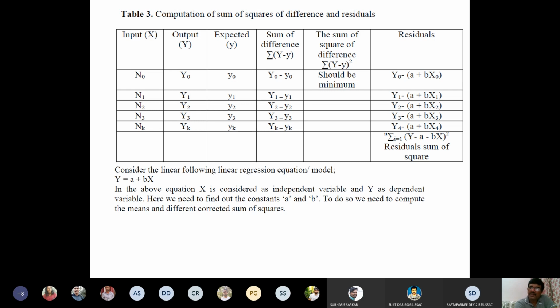And how to find out this line? That is the problem. If we can find out the value of A and B, by default, this line will be the best fit, because it has been developed by some statisticians by involving certain statistical procedure. So y is equal to A plus Bx is the best fit. In this, we need to find out the value of A and B. If we can find out the value of A and B, then that particular line will be the best fit.